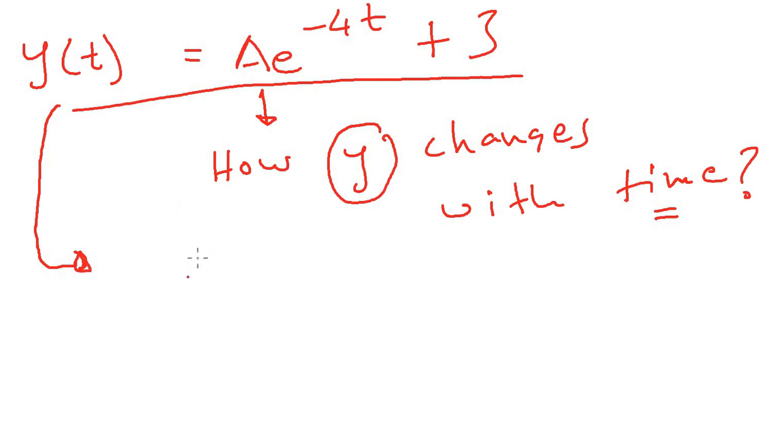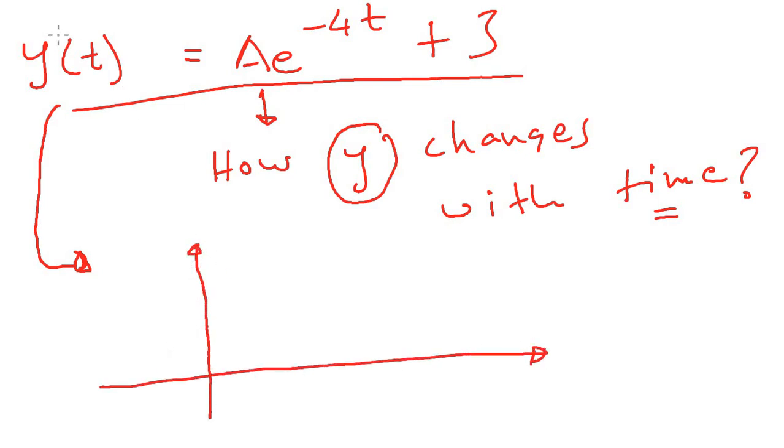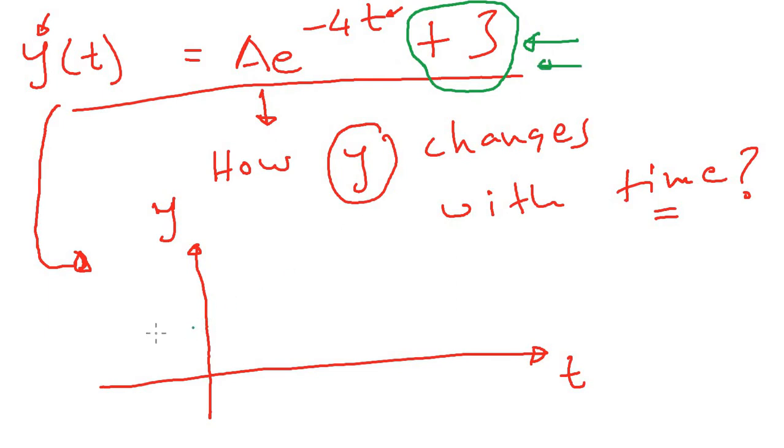To understand that, we are going to sketch a graph. First of all, label the axes properly. Remember, the dependent variable y goes here. In this case, the independent variable is t, so t goes here. The first step of sketching the graph is to identify this constant, which is totally detached. Please note, this 3 is totally separate from the independent variable. So draw an imaginary line at 3. This will help you sketch the graph properly.